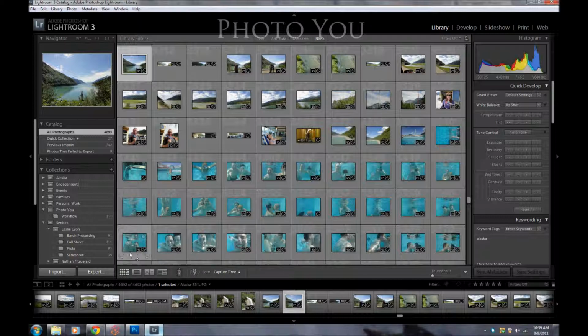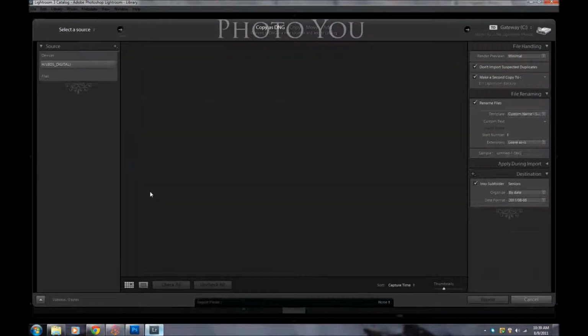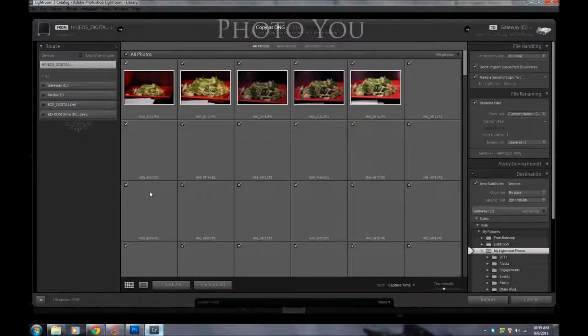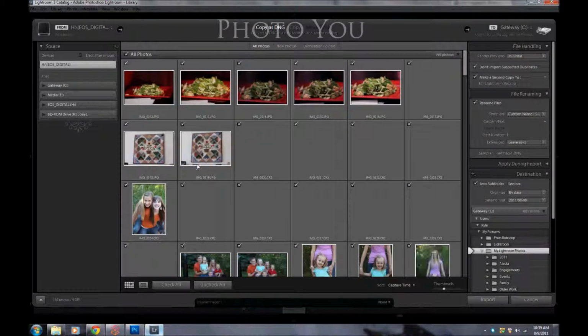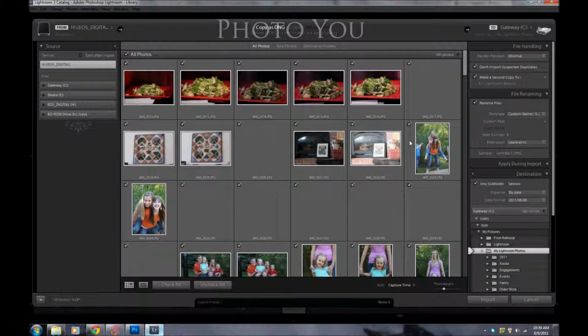Alright, so we're talking workflow here in Lightroom 3, and the first thing we need to do is have some photos to work with. So I'm just going to import some personal work that I have here. We did some family pictures, and over here I always do my render previews at minimal. It'll make them import a lot faster, and I don't import suspected duplicates